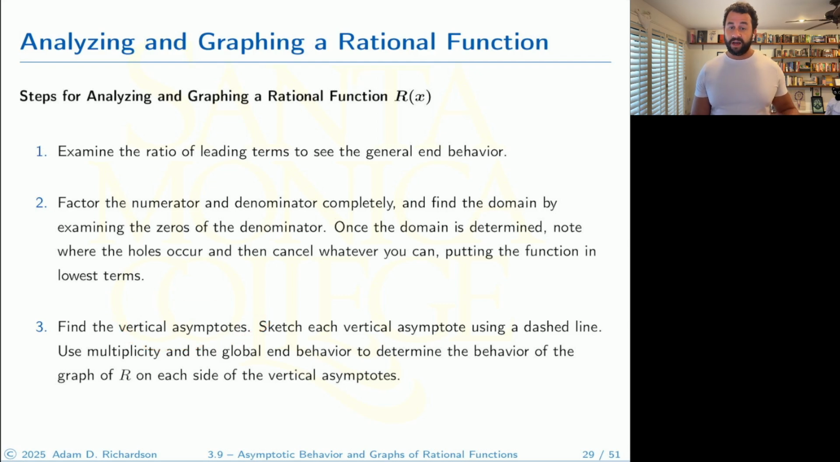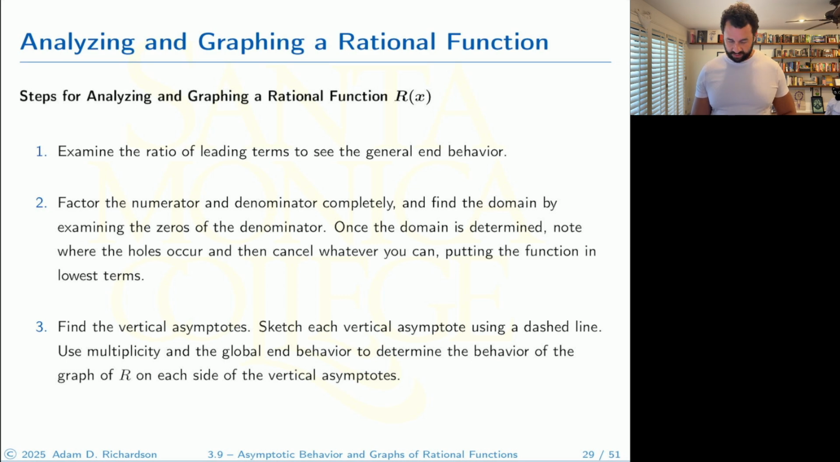Look at the zeros of the denominator for the function in lowest terms, find the vertical asymptotes, and then sketch them using a dashed line. We usually use dashed lines for asymptotes, okay? Use multiplicity and the global end behavior to determine the behavior of the graph of R on each side of